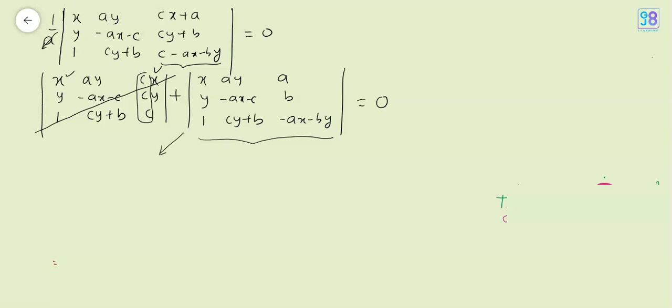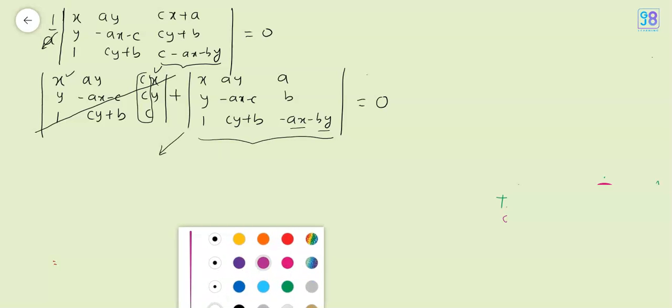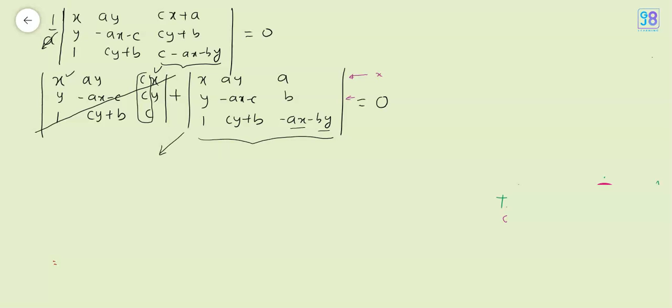Now in this determinant you will observe that we got a minus ax and minus by terms over here. So that means if I multiply my first row by x and my second row by y, and add it to the third row, you will find that two of the elements in the third row will become 0. So we'll say R3 changes to R3 plus x times of R1 plus y times of R2, and this will give us x square plus y square plus 1, ay minus ax minus c, a, 0,